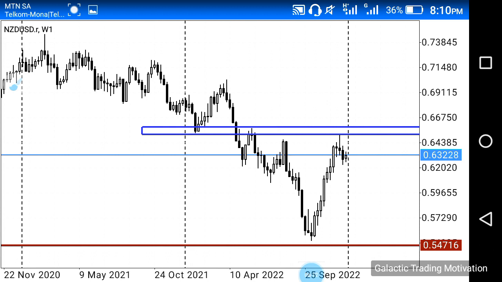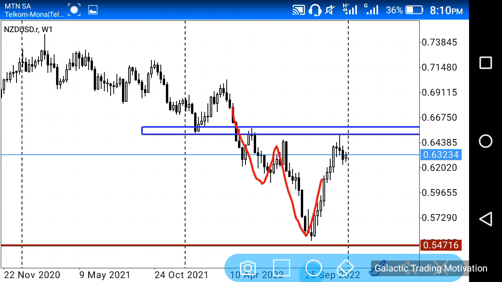Another thing that I see that is also very much important, or that we need to pay attention to, is that we may potentially have an inverted head and shoulders at this point, right, as you guys can see, right? However, I believe that this particular pattern will most likely be more visible on the daily chart, because at this point over here, where we should be having that right shoulder, we don't really have a bearish candlestick, but I've got a feeling that once we get to the daily chart, we will see some bearish candlesticks over here,